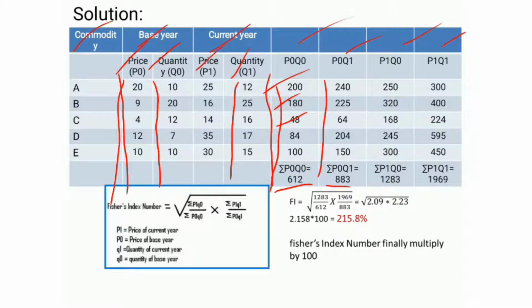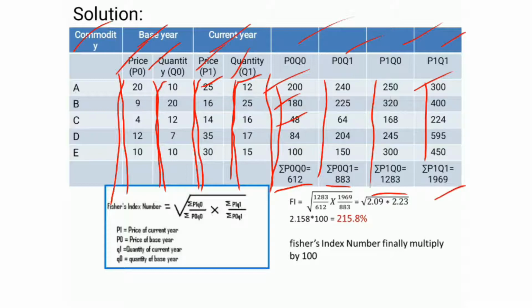The next one is P1 values multiplied with Q naught values. Add the values and you get 1283. The last one is P1 values multiplied with Q1 values. That is 25 into 12 is 300. Similarly, do it for all the values and you get this column, and the last value is the addition of all the values, 1969. So Fisher's index number formula is given by